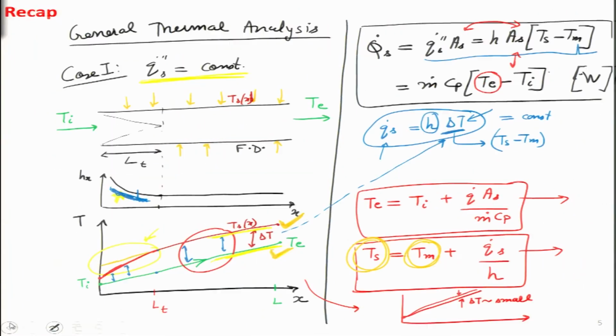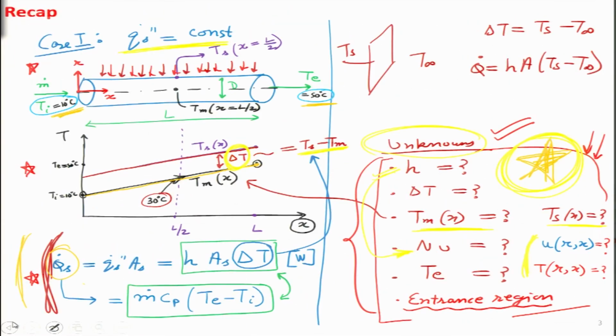So, these concepts have helped us understand all the things related to forced convection in internal flows. Now, we will go and answer all those unknowns that we had talked about in the last few lectures, and we want to find out in particular what will be the temperature and velocity profile inside the pipe. So, we will start with the simplest case, which is the laminar flow. Let us go ahead and try and do it for laminar flow.